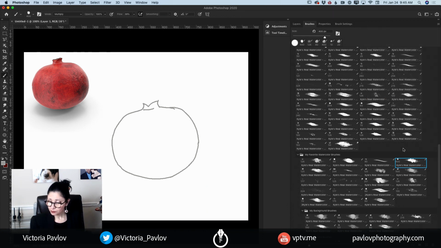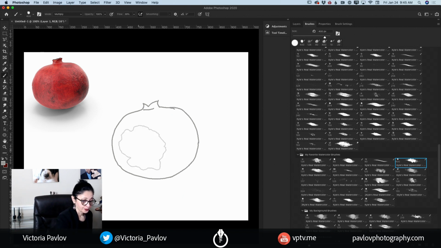So, again, it's your choice which brush you will use. You can use different brushes in the same project. You don't have to use only one brush. Switch between different brushes, create something unique, create something new. Now,